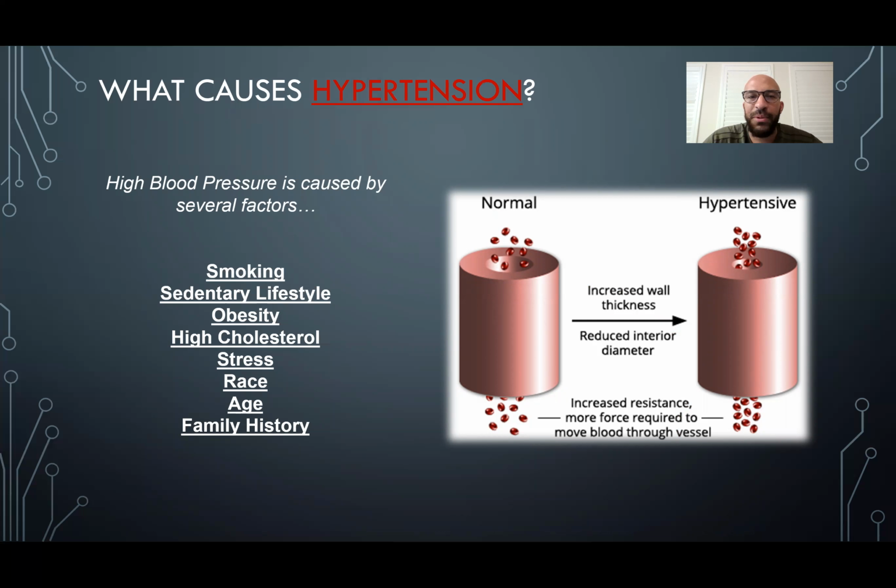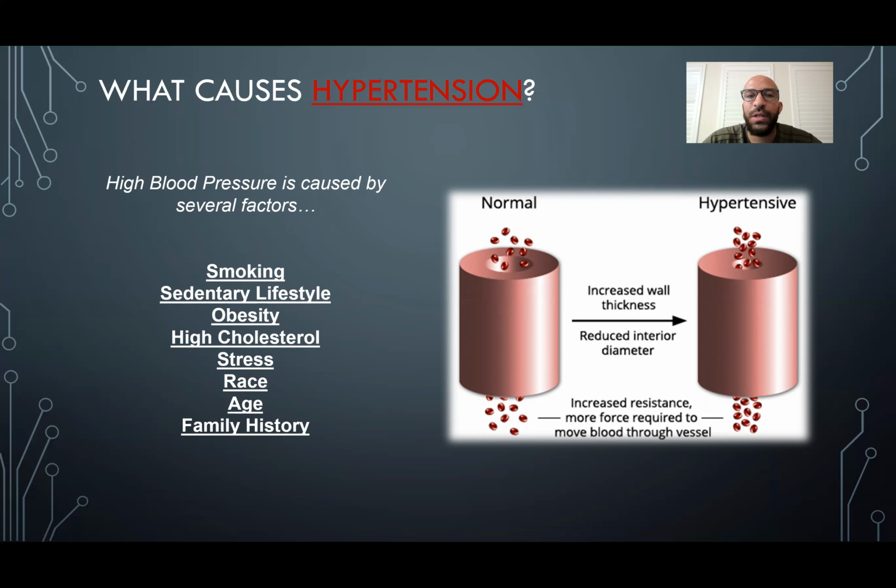Why are their numbers consistently high? What's going on inside of their body that's causing this? Well, we know that high blood pressure is caused by several factors. So there are several things that could have affected them, or that they did or didn't do, that have led to them developing hypertension. These things include smoking, living a sedentary lifestyle, being obese, having high cholesterol, significant amount